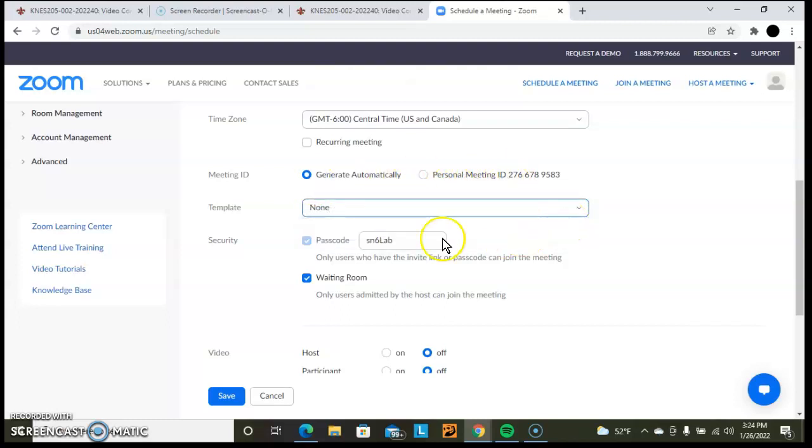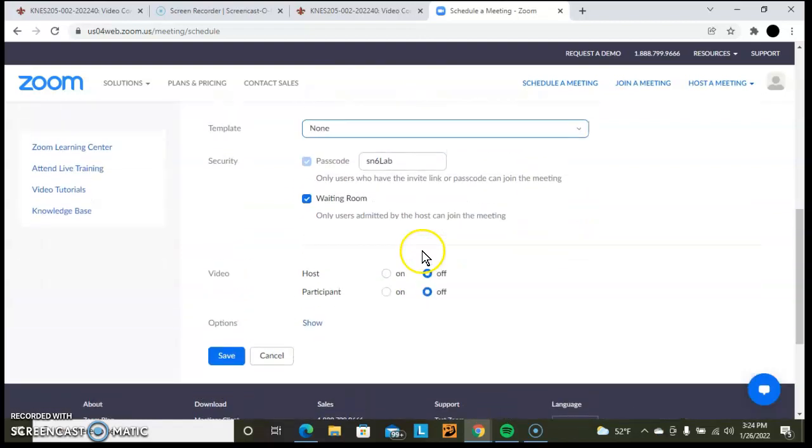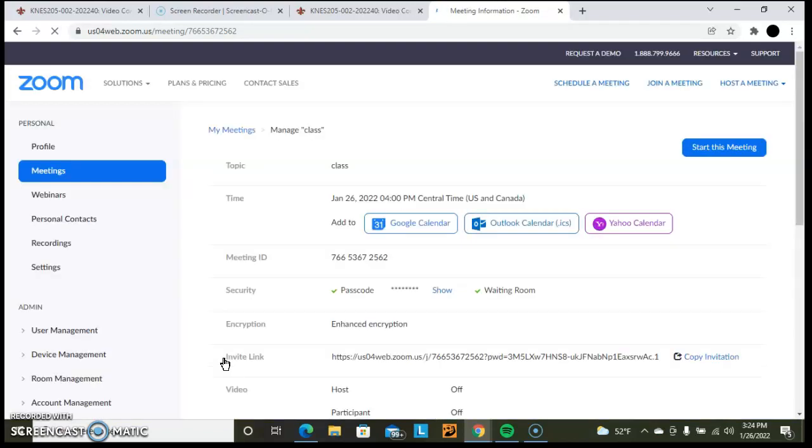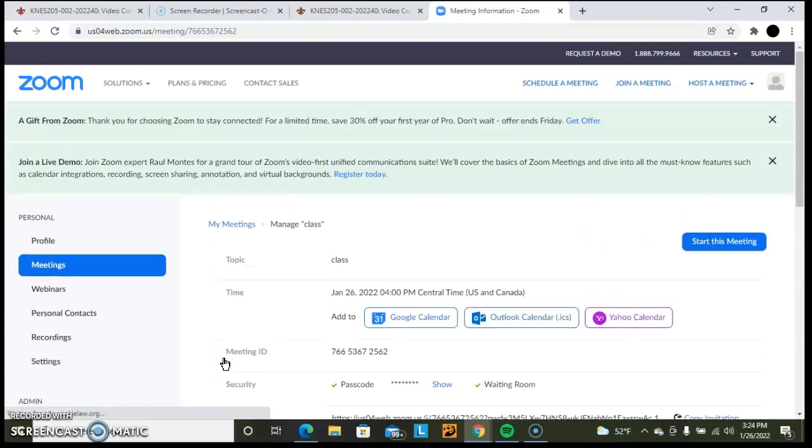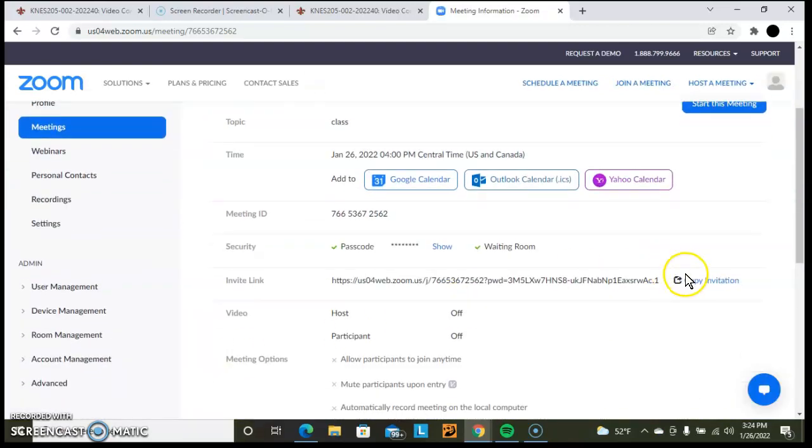template, and security, and the waiting room. And then save it. Save it, and here's your link right here. You want to copy this link. Copy link. Then we can